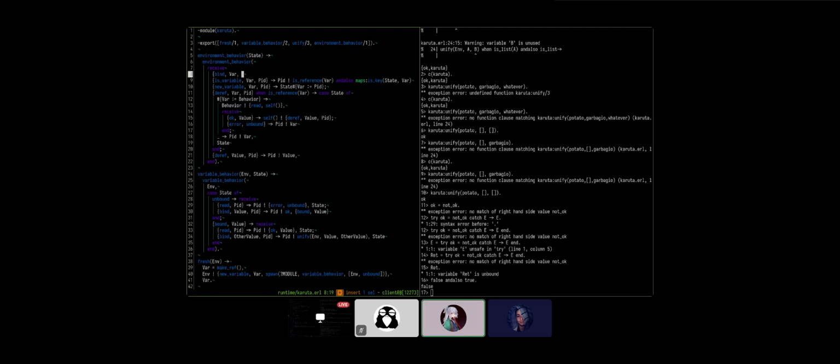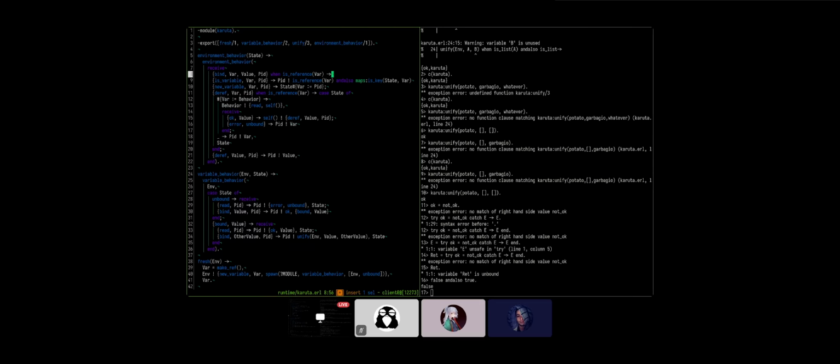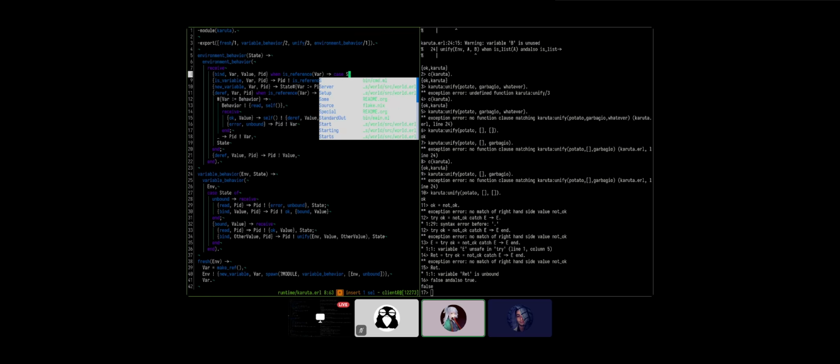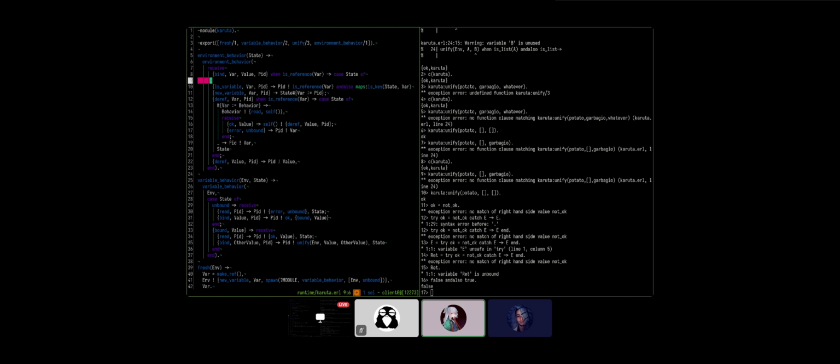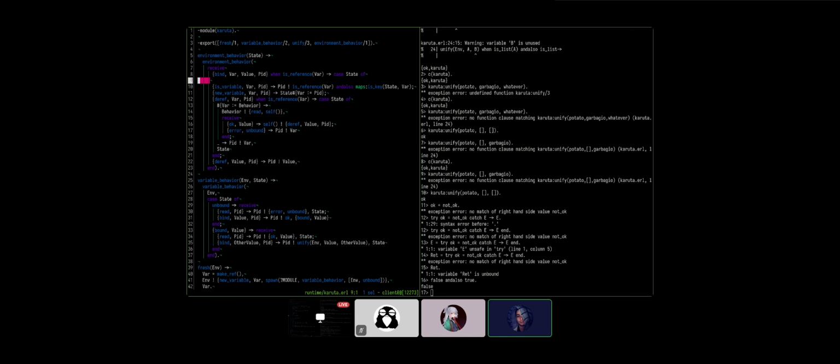Bind var value PID. You talk to the other guy there. Oh, you need to do a lookup first. When is reference var? Do the lookup. Yeah, let me do case state of. Yep. I just need semicolon. Yep. Case state of